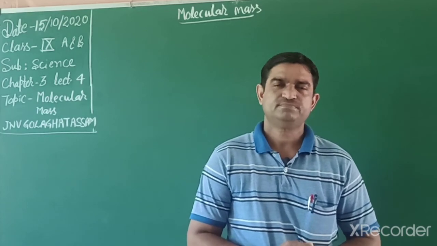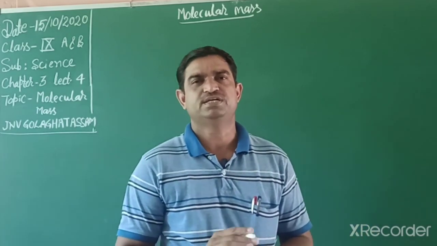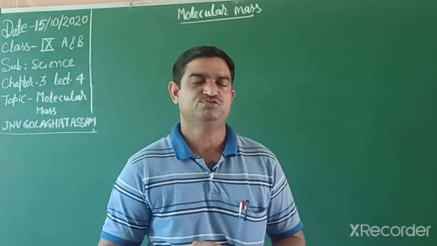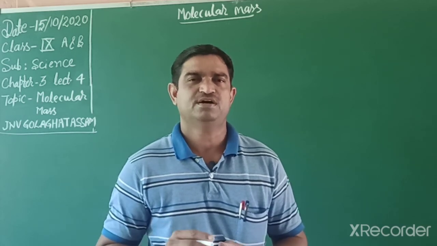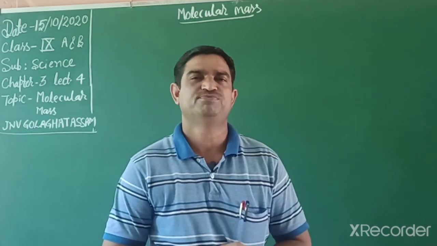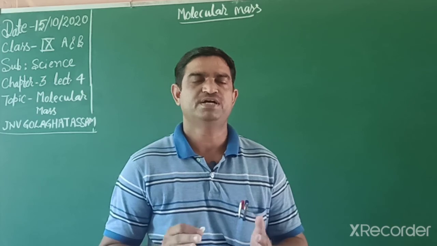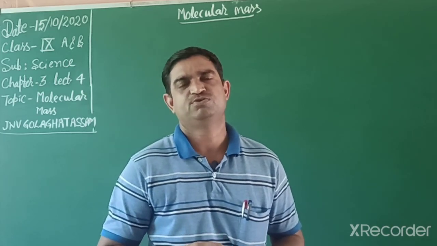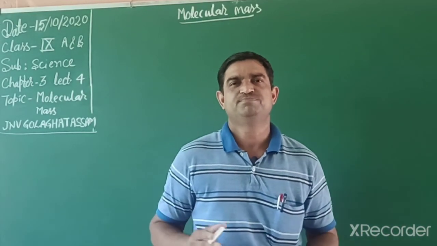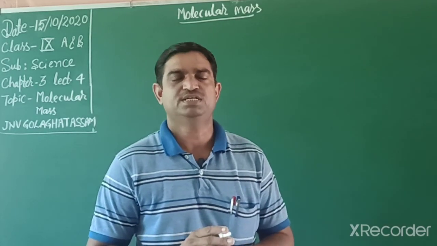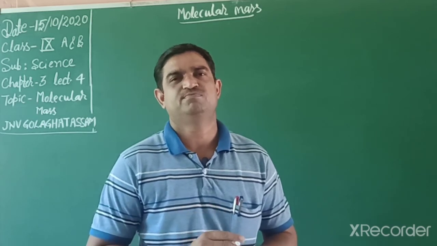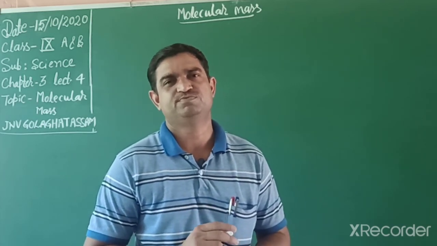Atomic mass measurement is very difficult, but in 1961, IUPAC universally accepted the carbon-12 isotope as a standard, and the mass of that carbon-12 atom is assumed to be 12 U, 12 unified mass. How can we define 1 U, or 1 atomic mass unit? If we divide a watermelon into 12 equal parts, then one portion is known as 1 U, meaning 1/12 of the mass of one carbon-12 atom. That is 1 U.